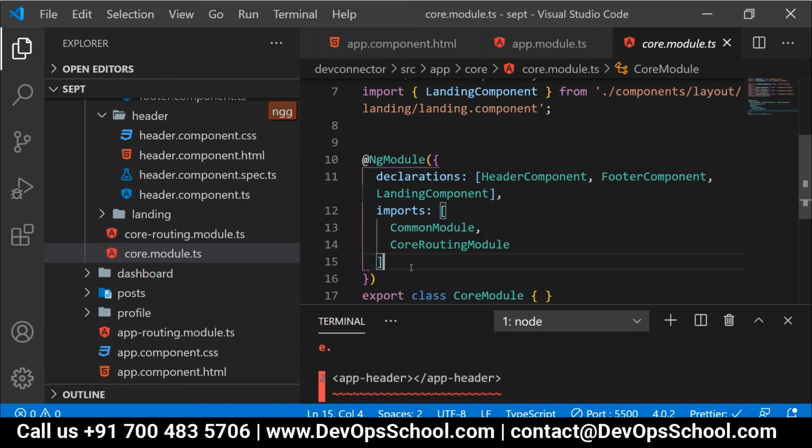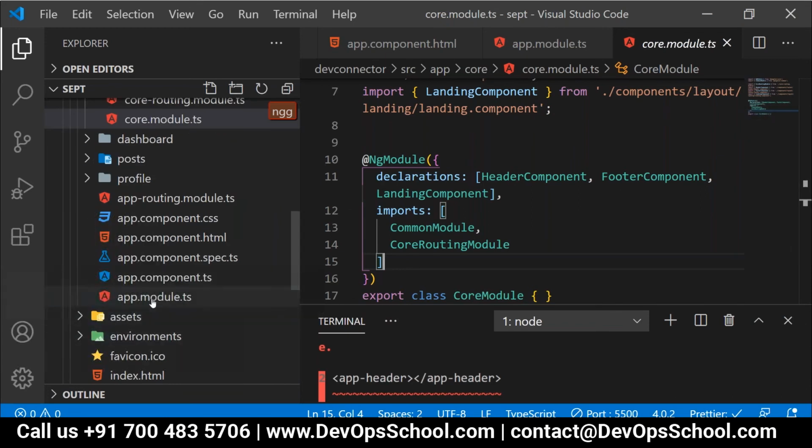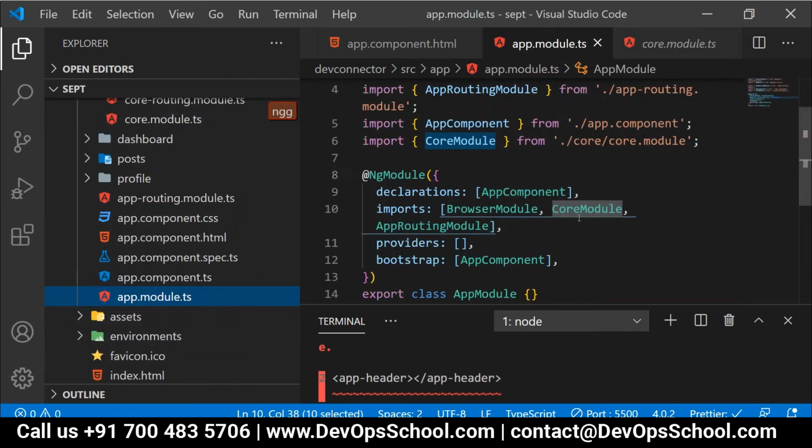People, are you getting my point or not? It's a matter of demand and supply. The app module is going to demand the contents from the core module, correct?